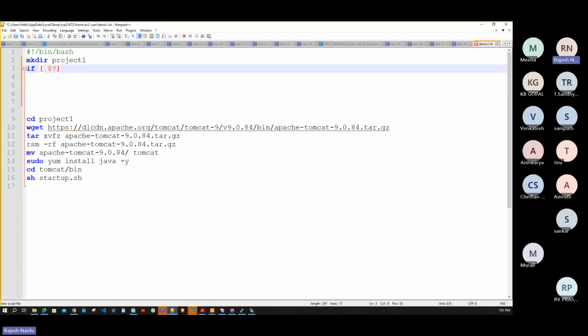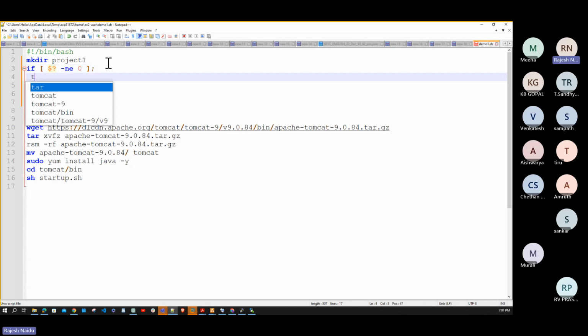Dollar question mark is a result repository value. So is not equals to 0. The condition is, you can give a space here and a semicolon. Then,